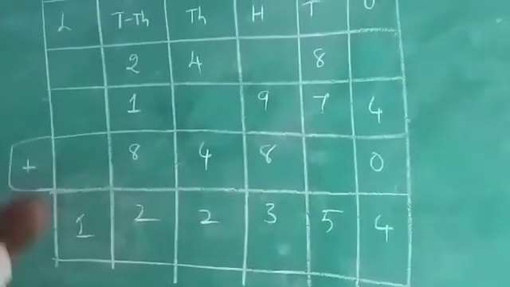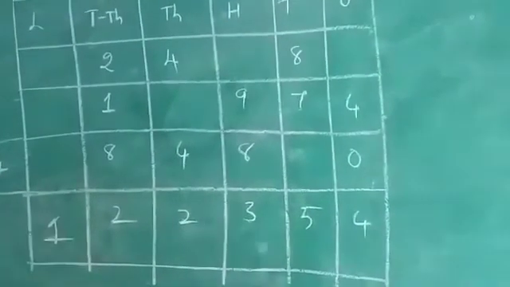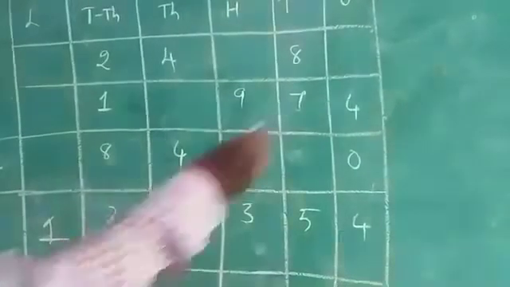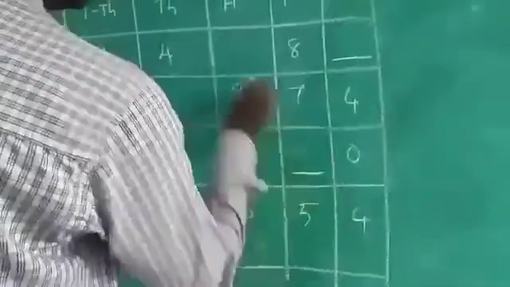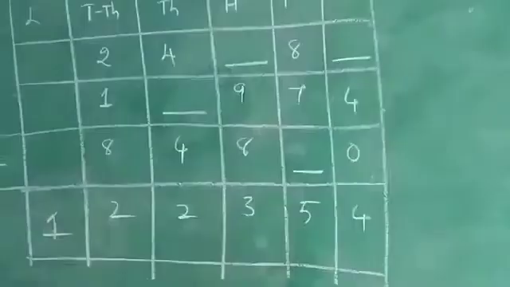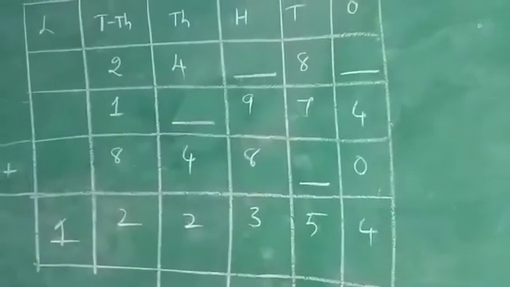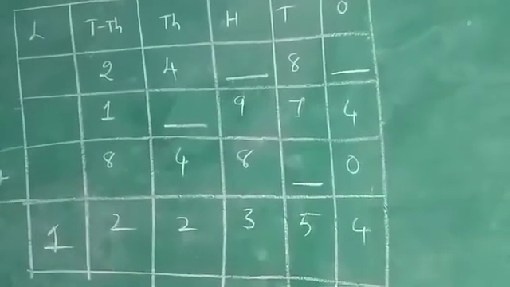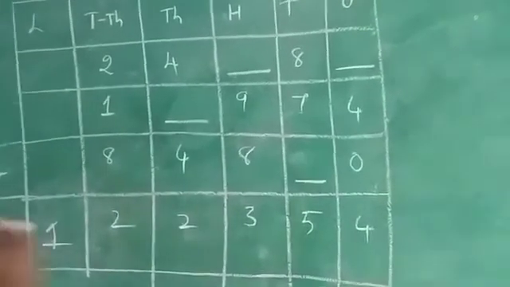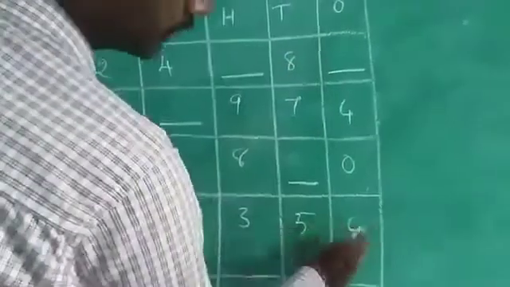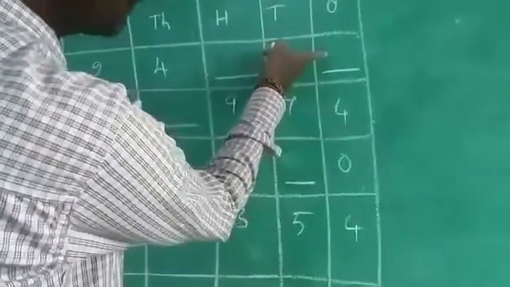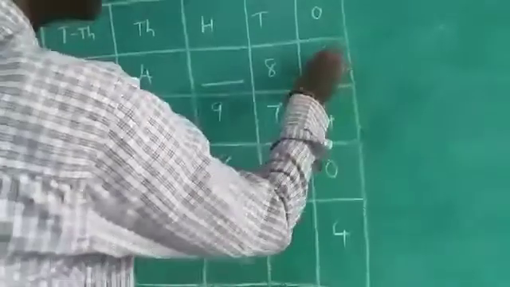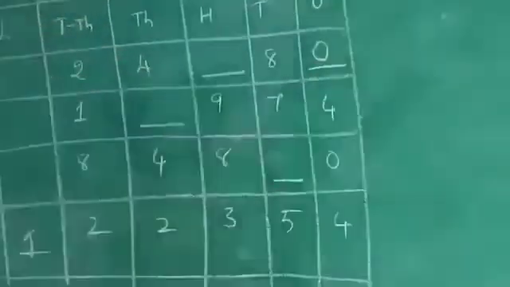You need to do the addition. Now, these are the ones to fill. We need to fill them. I am underlining it, then you can easily remember it. So what is there here? We need to fill that one. Here observe it. This is the answer, right? Whatever you write, here the 4 is there. 4 plus 0, 4. 4 already is there. So you need to write here a 0. Then only it's a tally, right?